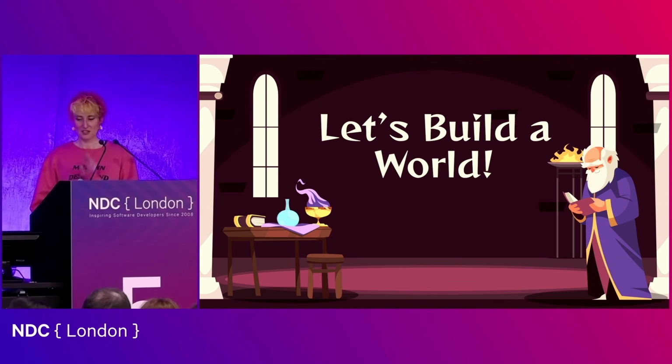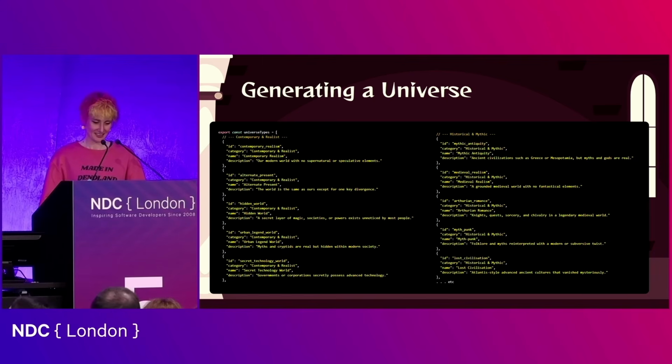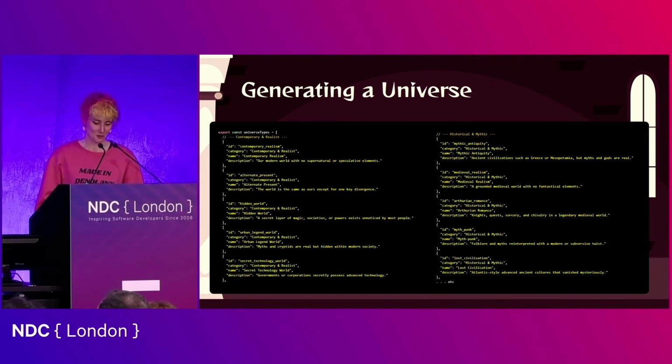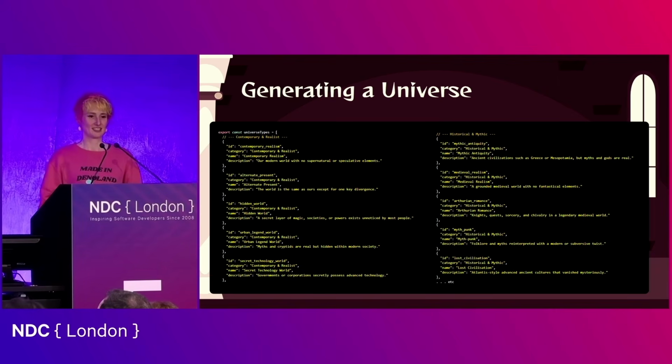So we're going to create a bunch of seed data, and were I a better writer, I might write the seed data myself, but we can generate this seed data as well. So this is a bunch of universe seeds with a wide range of categories. So we've got sci-fi, we've got post-apocalyptic, we've got surreal. You can see all of these things in here. And then I wrote some prompts which are going to pick a random seed and then build that out into an actual universe.